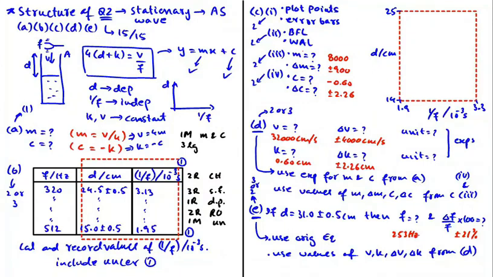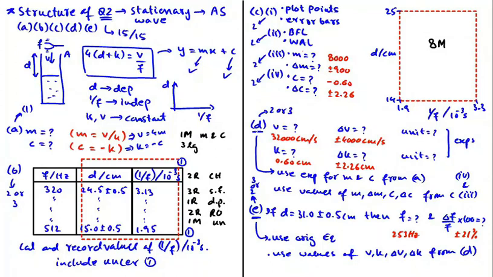Next part is part C. And to be able to do all parts of part C of all different types of graph question, you have to learn altogether 8 methods. One method of plotting points, one method of drawing error bars, one of drawing best fit line, one of drawing worst acceptable line, one of determining the value of gradient of the graph, one of determining the uncertainty in the value of the gradient of the graph, one of determining the y-intercept of the graph, and one method of determining the uncertainty in the value of y-intercept of the graph.